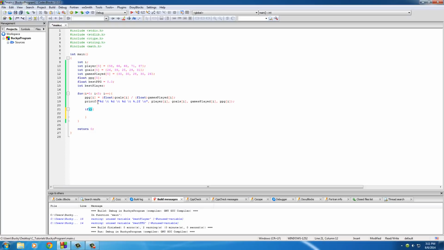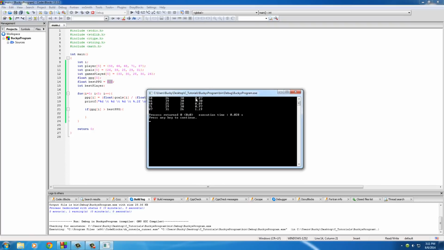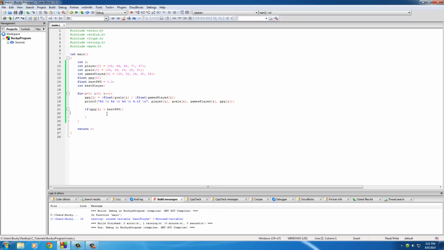So of course, we get the best player based on their points per game. So we'll say that if points per game for whatever player you're currently looping through is greater than the best points per game, and again, the first time we'll say that the first player is the best, since by default it's 0. And then every other time, so right now on the first loop, 58 is the best. On the second loop, it's going to say 66 is the best, and he's going to remain the best as long as no one beats him out. So as long as no player is better than the current player with a high score, I guess you could call him,